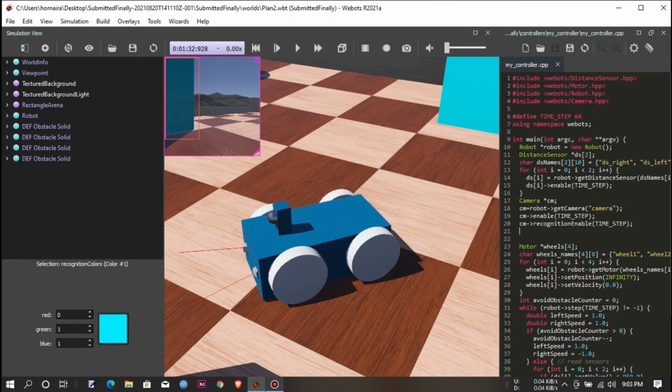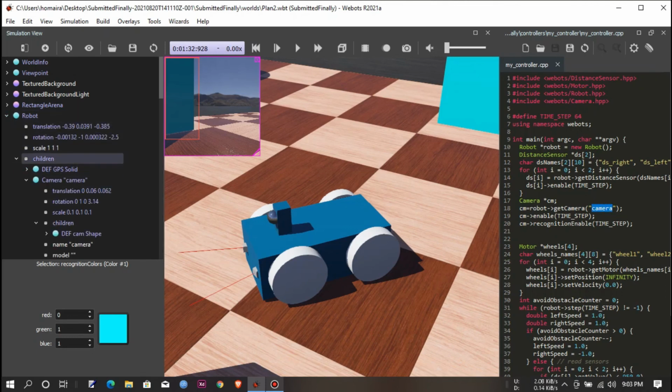Now coming to the coding part. From the Webots library, I have copied the code here and pasted it here. From this line, we are getting a camera pointer. From this line, I am getting the camera method. I have changed the name here according to my camera name as camera. This line means enabling the time step.